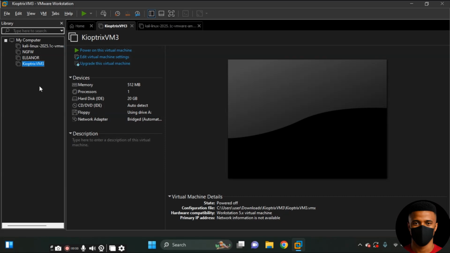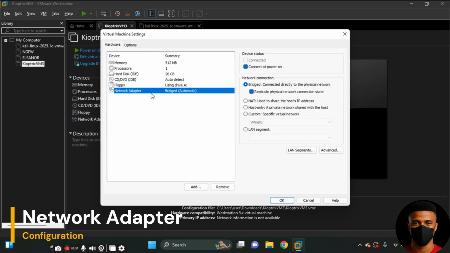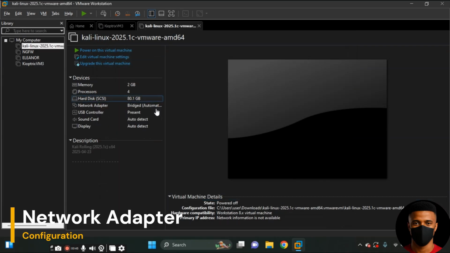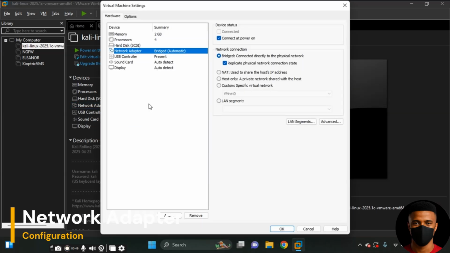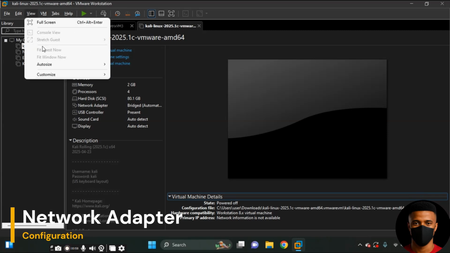But I want you to take note of something. Once you set your network adapter to bridged automatic, you can tick the box just the way it is showing here. Then you go to your Kali Linux again and repeat the same thing. The bridge replicates the physical network connection state. But on your VMware,